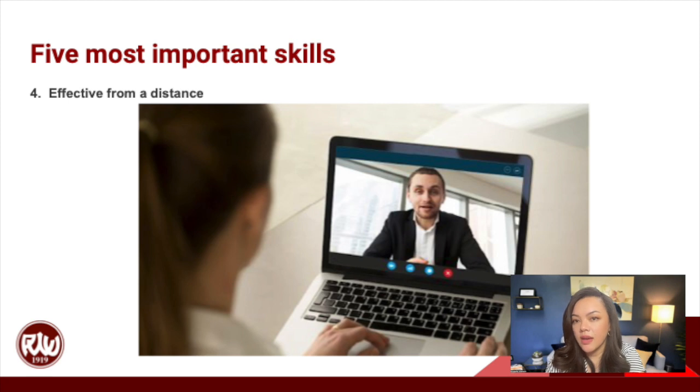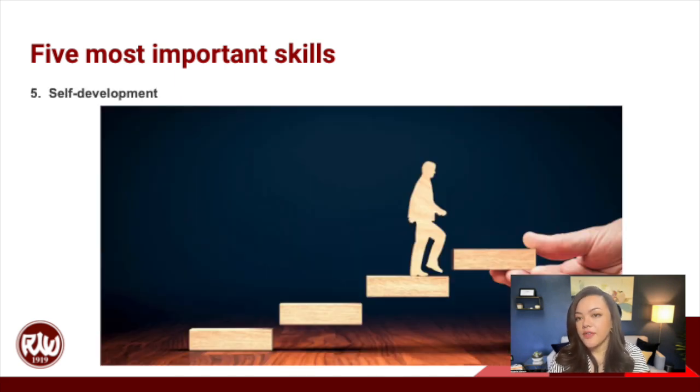And I like this because being effective from a distance means that we are really more focused on the teachers developing more than us developing ourselves. It's very much an extension of the previous one. When you're effective from a distance, that means that you, even though you're not there physically, you are a part of the decision making or a part of the project, or part of a program. I've seen a lot of leaders who are always there physically, but I want to explore this concept of being an effective leader from a distance.